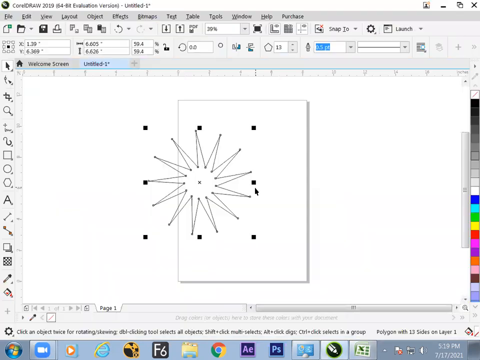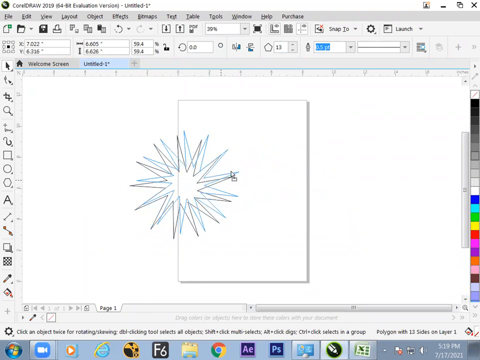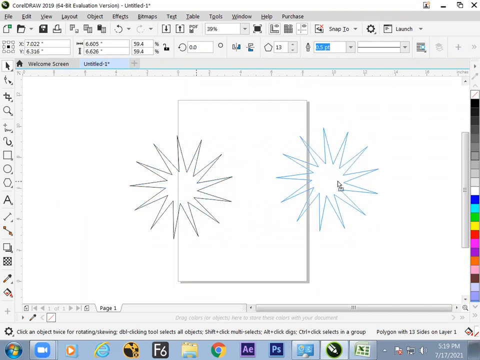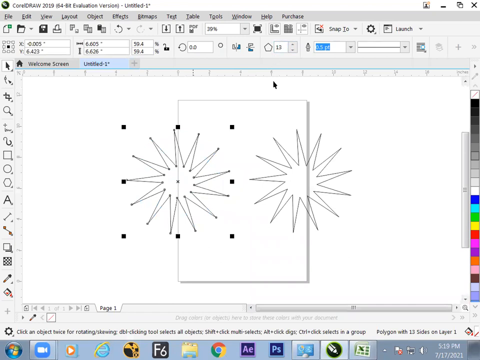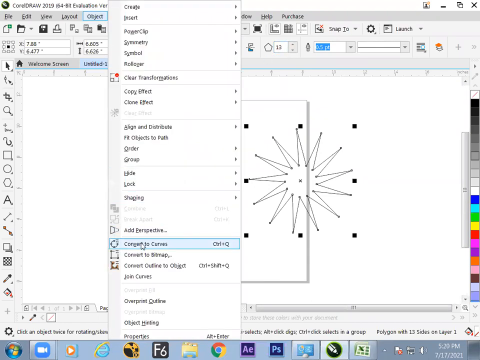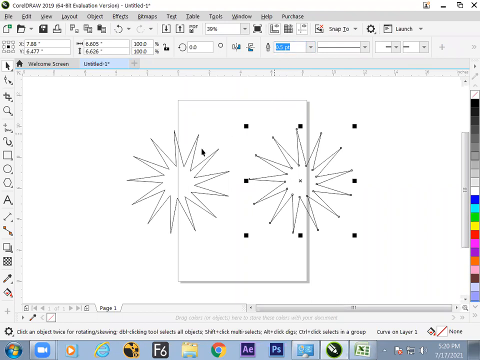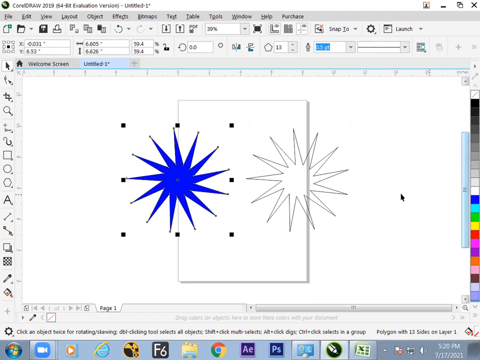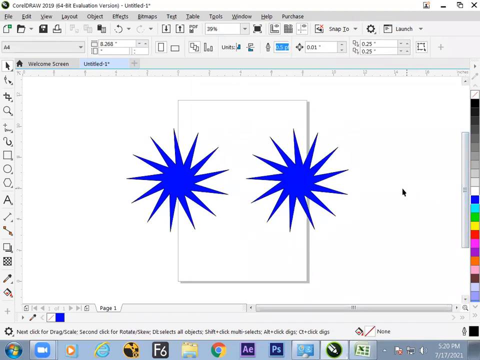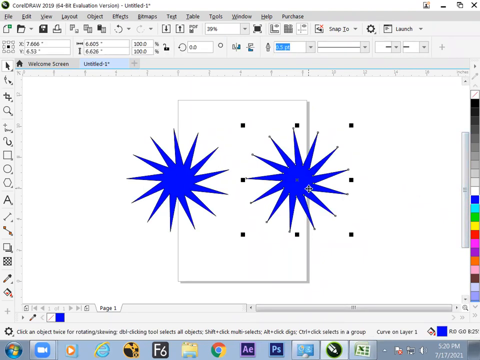So what happens with convert to curve? It converts a basic object into a normal object. What is the difference? Once it is converted into a normal object, it doesn't have its previous properties. For example, here we find the points or the polygon sides, how many sides we want. But once we have converted that into curves, we don't find that. But here we can find this. This is the only difference, and the rest of the things look the same. No changes.